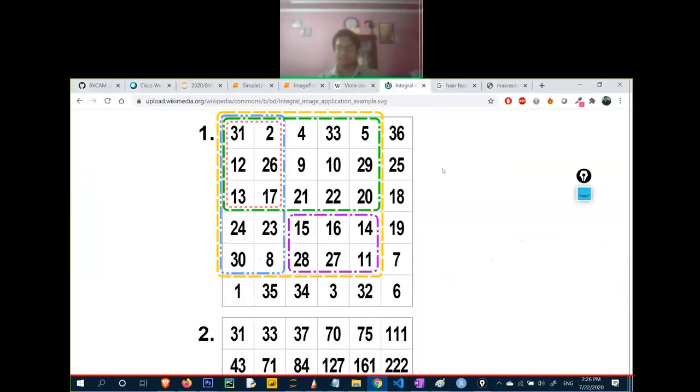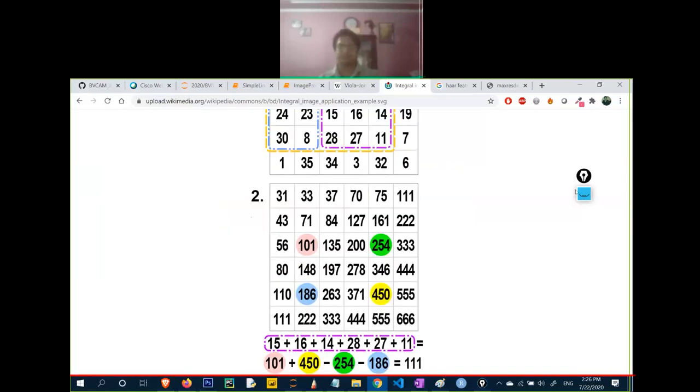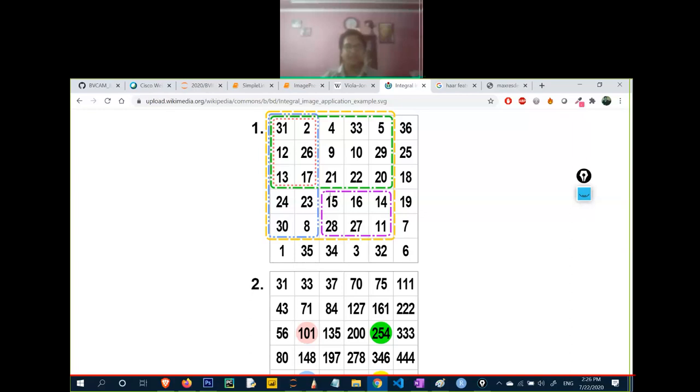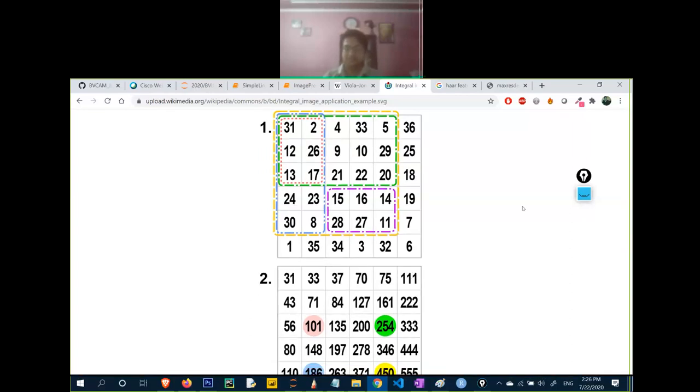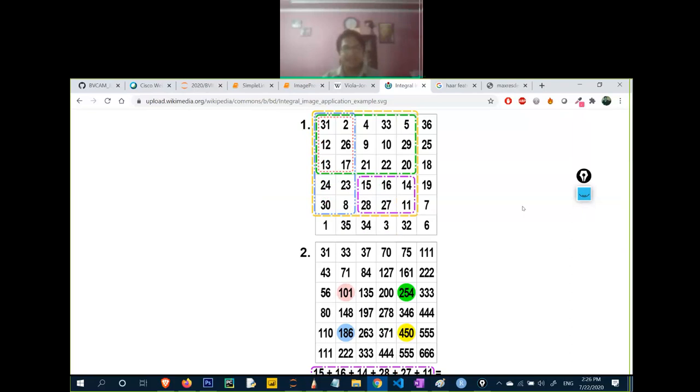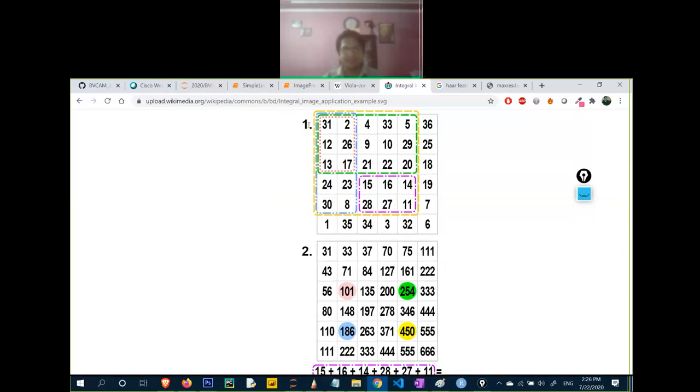What does the integral image do? Now let's say I want to calculate the area of this particular box, the purple box that they are showing. Look at this very carefully. The purple box contains the values 15, 16, 14, 28, 27, 11.